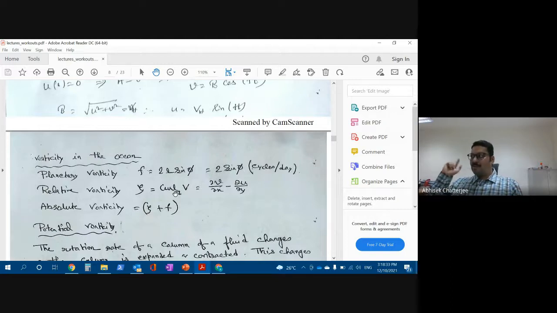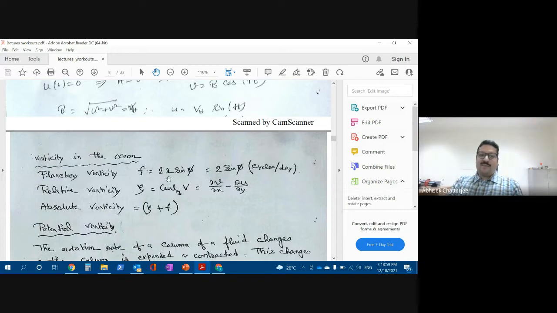Okay, so go back to those lectures and then you tell me how F is actually a perpendicular component, not the horizontal component. Okay, it is very frequently people are misled. You assume that the 2 omega sine phi is in x direction or is in y direction. No, it is in z direction. Okay, this is z component. So you tell me that next class.